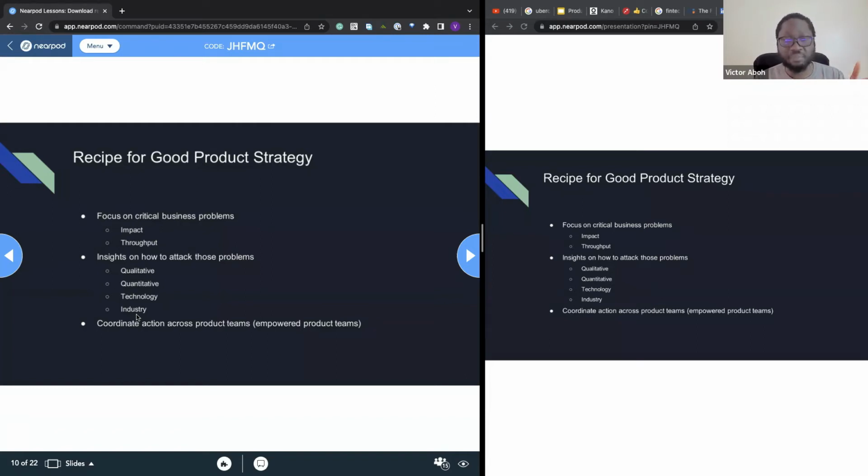And then lastly, once we've done all the focus, once we've done all the insights, and we've come up with something we want to do, we need to now do coordination across our product teams. And this is where leadership also plays a role, right? They help to say, hey, here's the problem we want to solve. Team A, I think you're best to solve this one. Team B, I think you're best to solve this other one. I'm helping them remove roadblocks and giving them the space. It's like active leadership. So not micromanaging them, but giving them enough room to be innovative with their solutions. Okay.